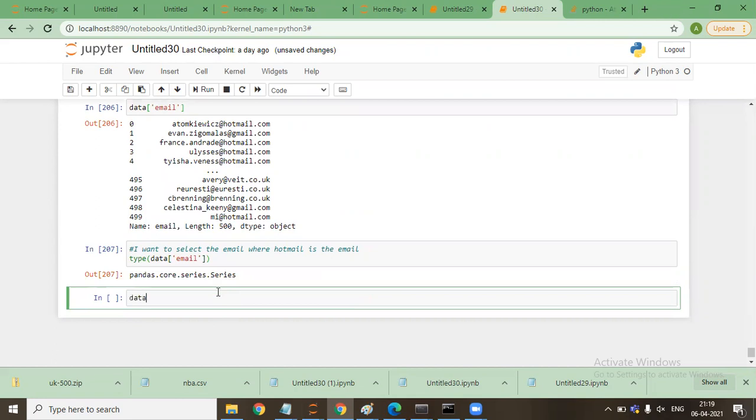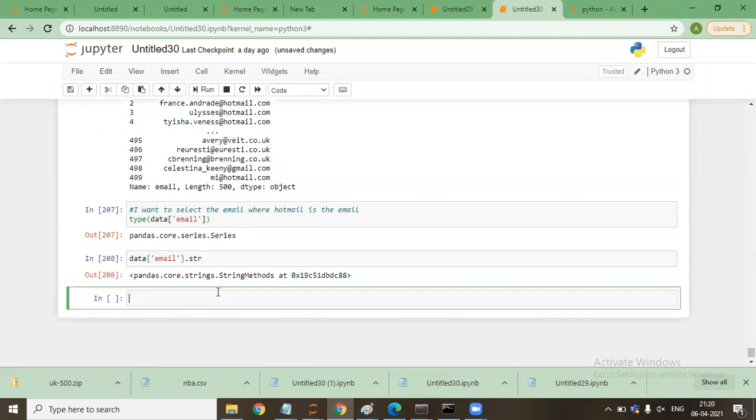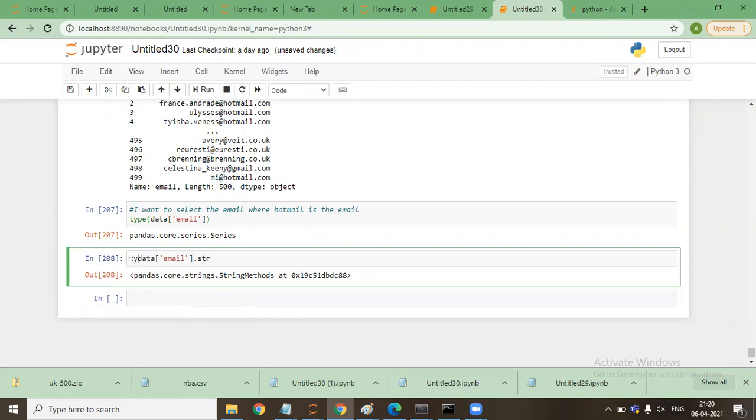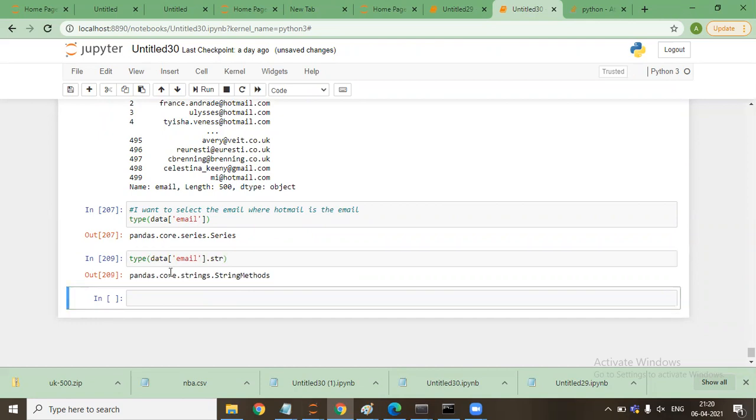If I say data email dot str, it says pandas core string method. This means this entire series is being considered as a string only.